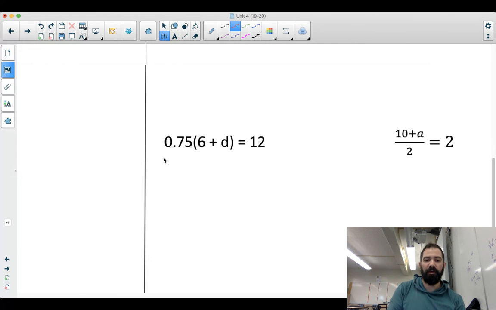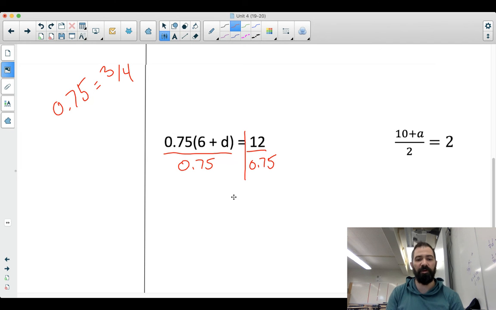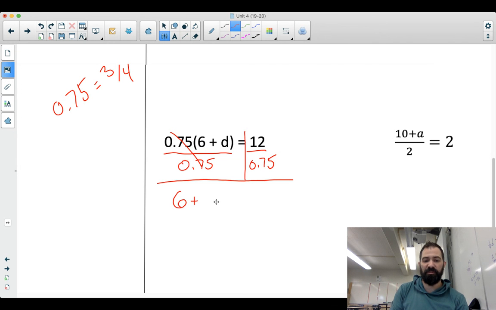All right, now that we're back, we're going to use that division process here. We're going to divide by 0.75 on both sides. I know we've been working with fractions, but if this is confusing, 0.75 as a fraction is just 3/4. So you can do it that way if you would like. Those cancel. We're left with 6 plus D equals 12 times 0.75, or if you wanted to do it as a fraction,